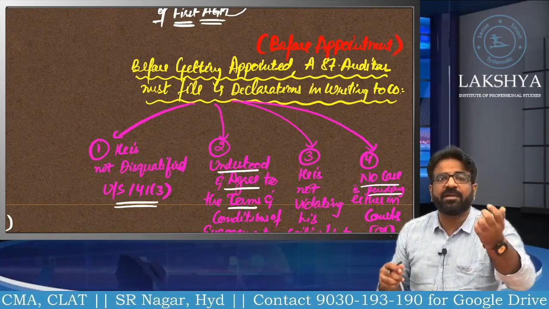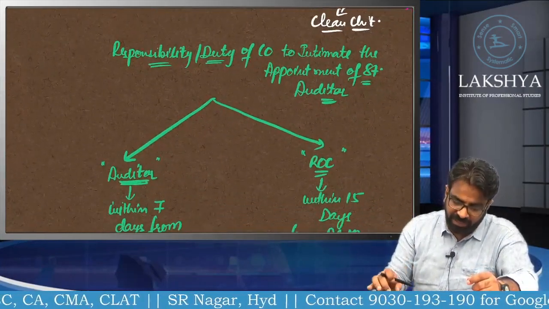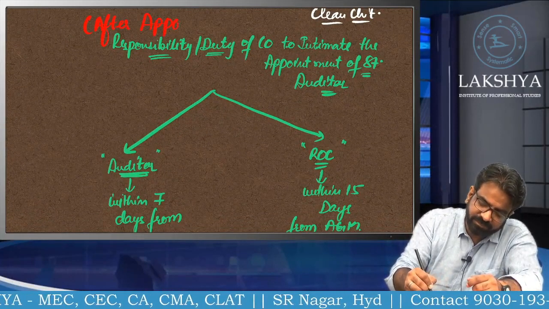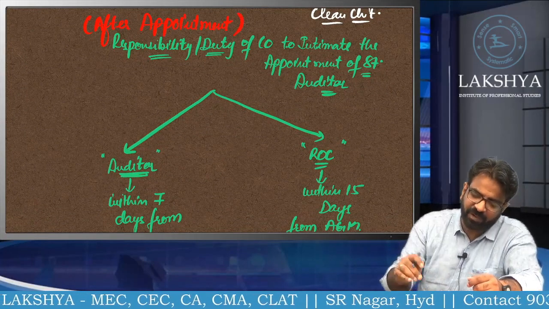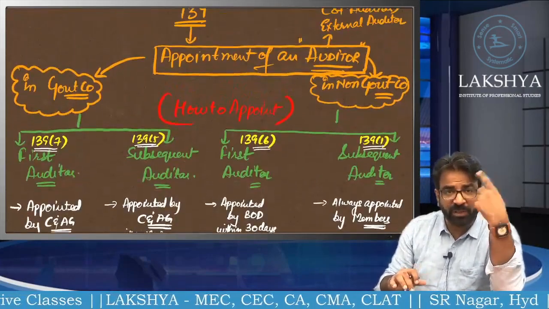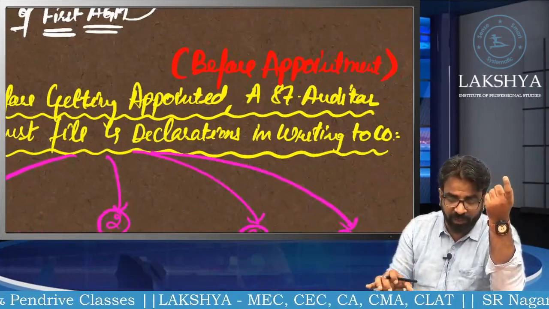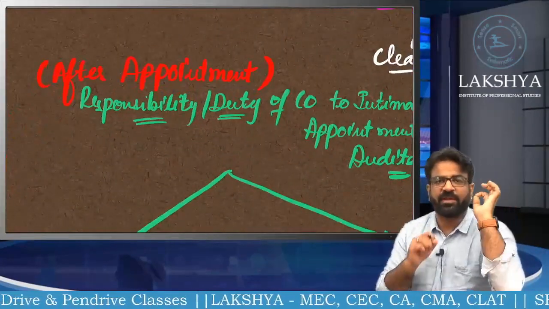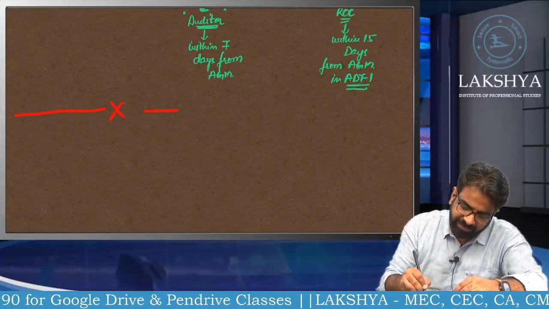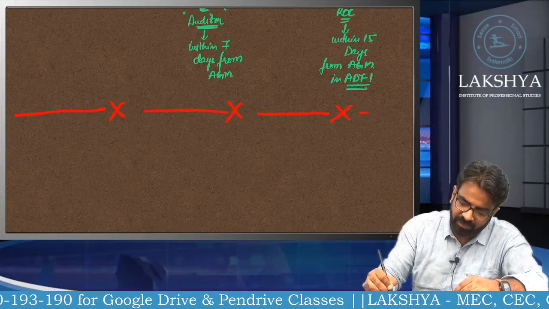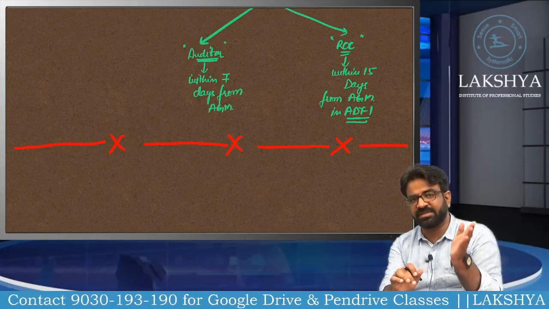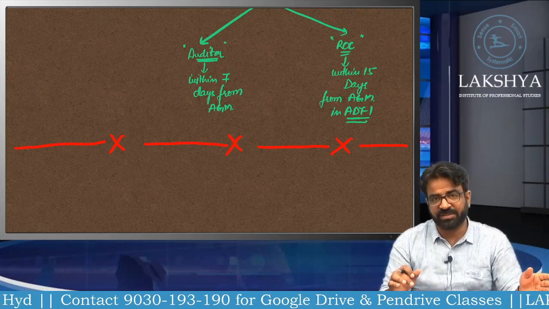And tell me, after appointment, what are we doing? After appointment, are we intimating the auditor and ROC or not? This is called the after appointment phase. It means in section number 139 alone, we have 3 stages: what to do before the appointment, what to do during the appointment, and what to do after the appointment. So that concludes section number 139 alone. Are you getting the point? In that, what did we do? We did subsection 7, subsection 6, subsection 5 and subsection 1.